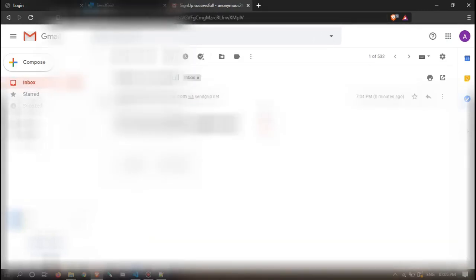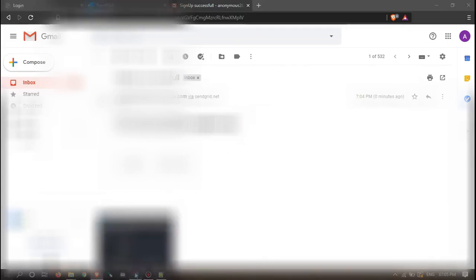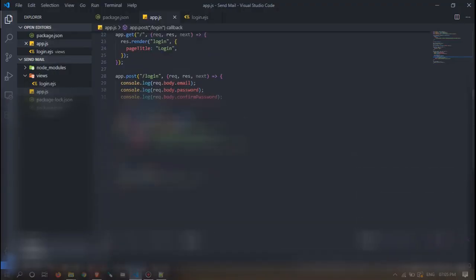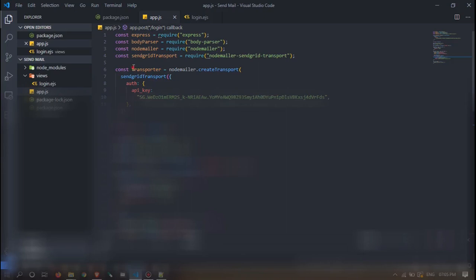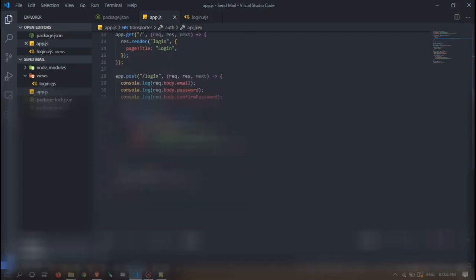So this was the detail, nothing else. We just have to create the transporter with Nodemailer, and it will take the API key. Then we have to send it via sendMail. But one note is that the from email should be the one authenticated and verified, that we specified here. So this will work.